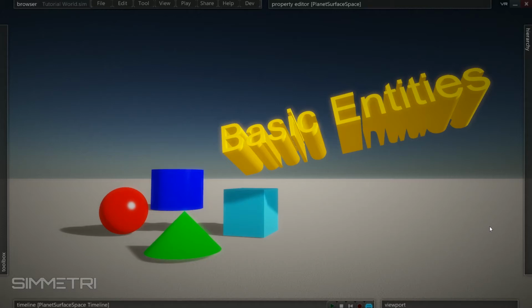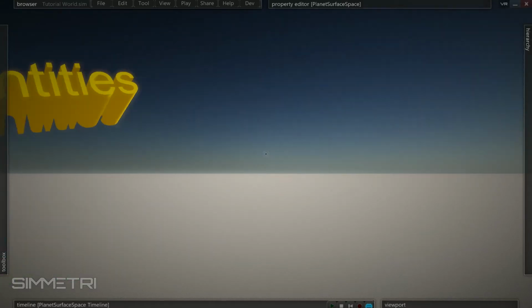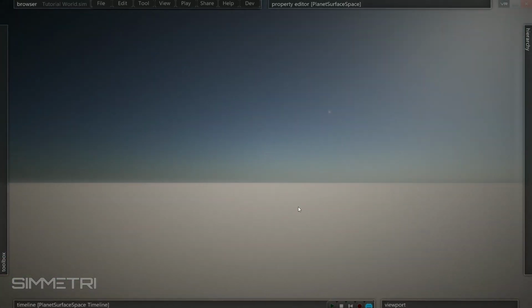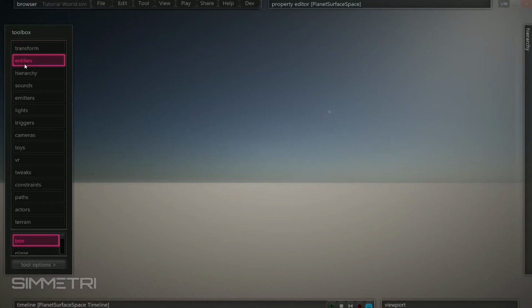Welcome to this Symmetry tutorial on drawing basic shape entities. Shape entities are your basic building blocks in Symmetry. First, undock the toolbox panel on the left and click Entities in the upper window and look at your options